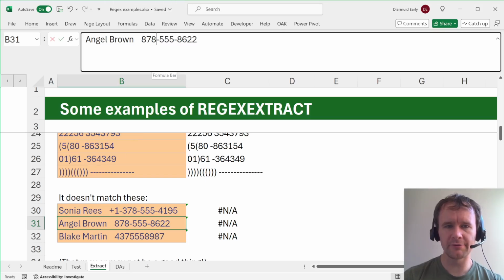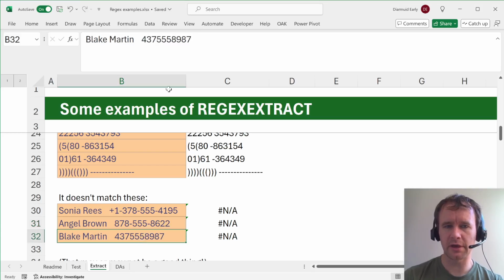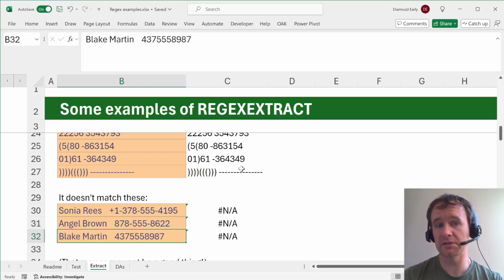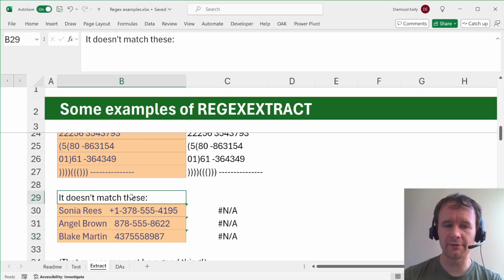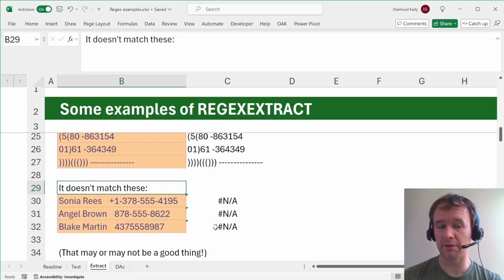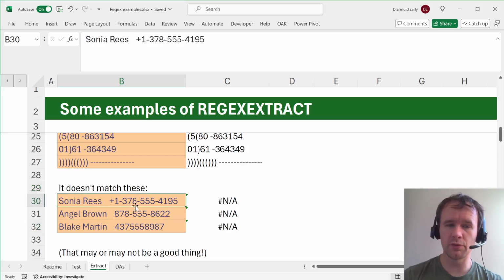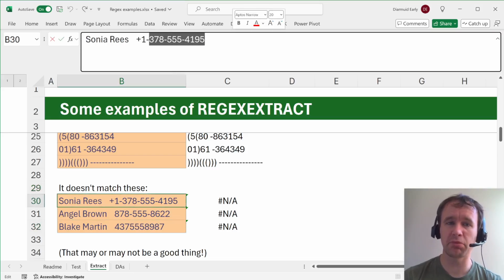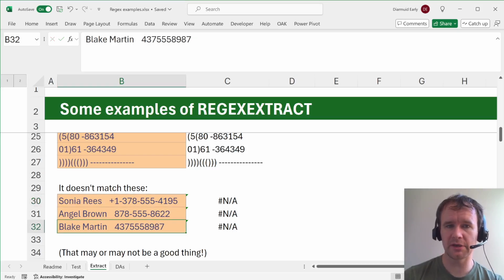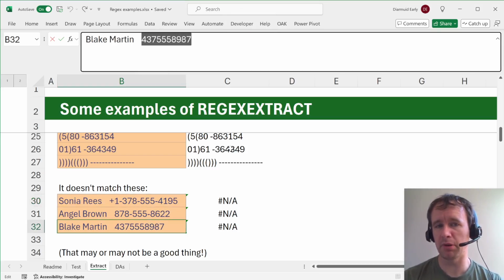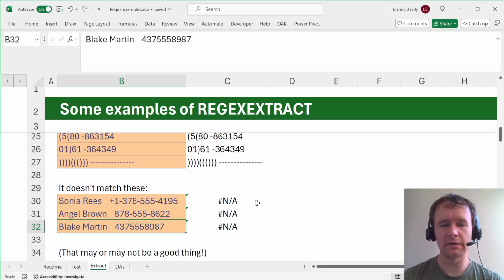Here, the lack of a space is the problem. Here it's just not split up at all, but you do have 10 digits. So I've said it doesn't match these. That may or may not be a good thing. So, would you want a phone number match to match this? Probably. Would you want it to match an unpunctuated blob of 10 digits? Maybe not. May or may not be a good thing.